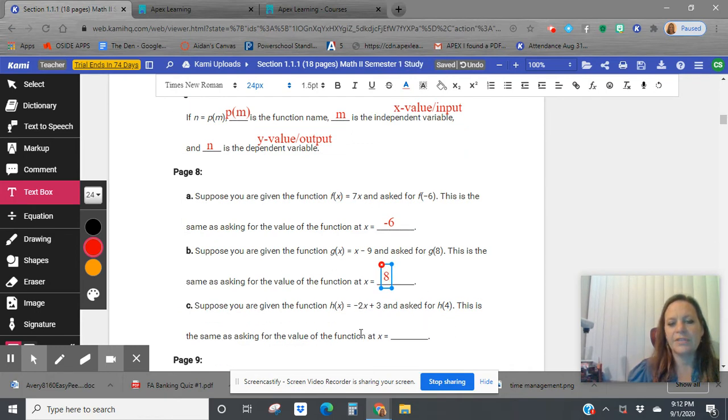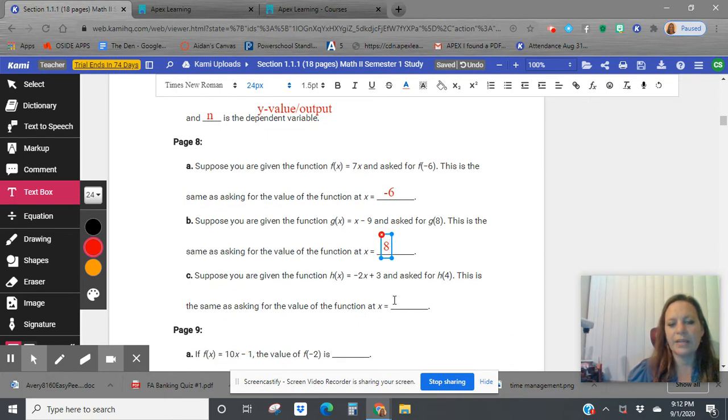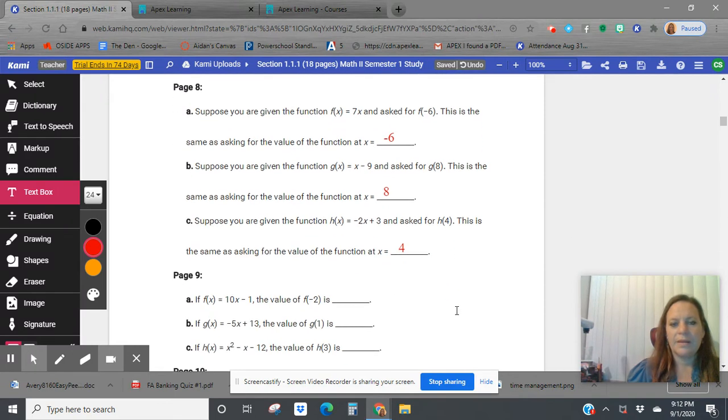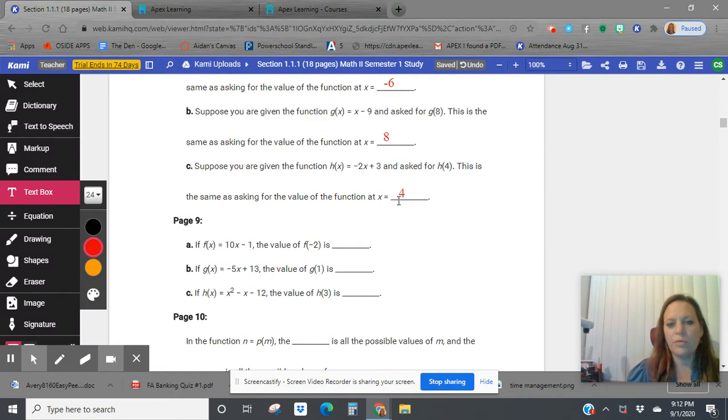Finally, suppose you're given this function and asked for h of 4. It's the same as asking for the value at x equals 4. Now that they've gone over what it's asking for, they want us to show 3 examples of us truly plugging in an input. Here we're being asked to put in a negative 2 for every place that there's an x. Here we're being asked to plug in a 1 in place of every x and plug in a 3 in